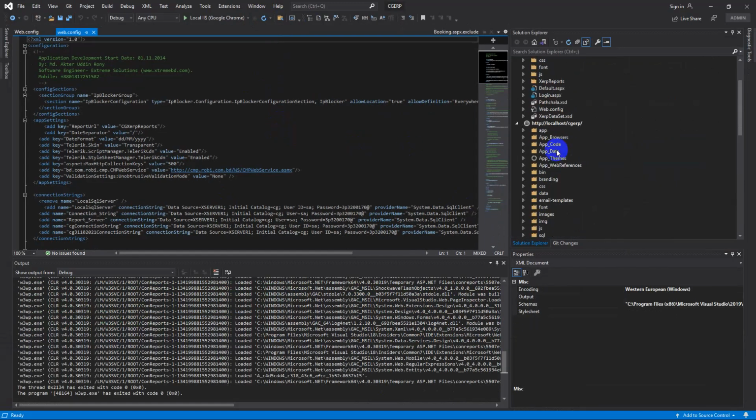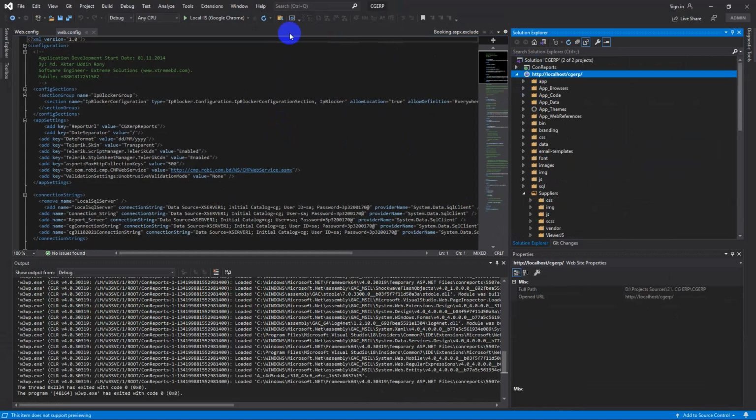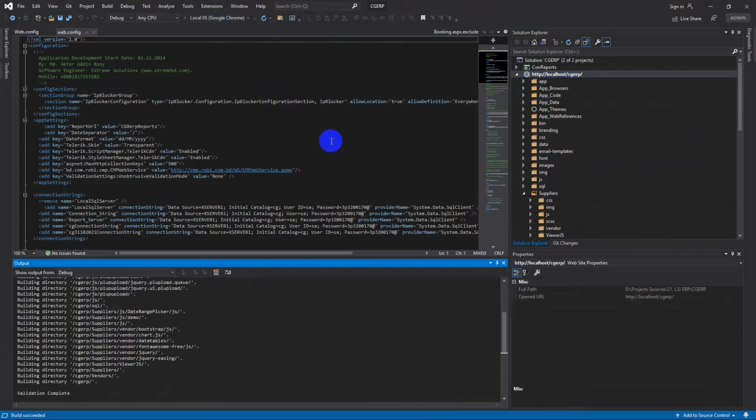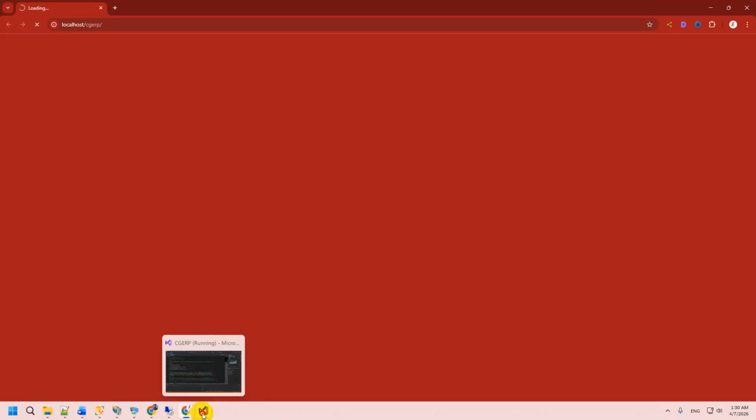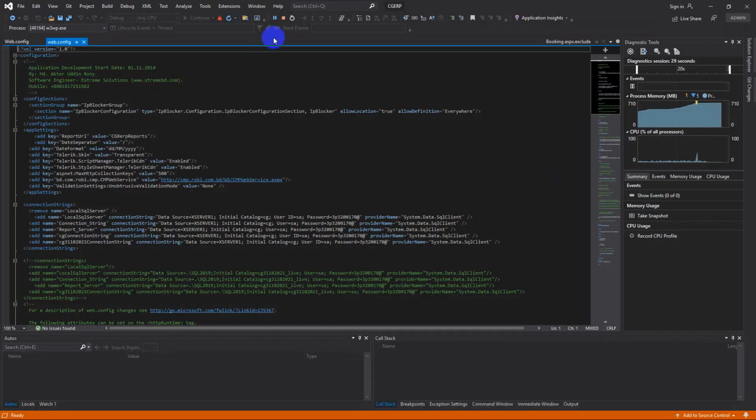We now run the core project. It may take some time for the first load, but the login page will appear and you just need to log in using the login ID and password. So this is all about how to run the source code in your local environment, and you'll be easily able to publish the project